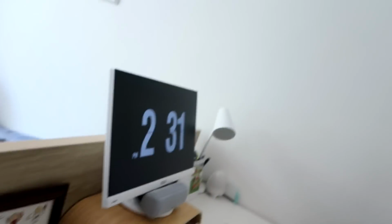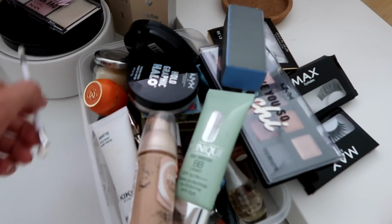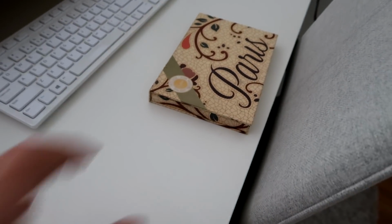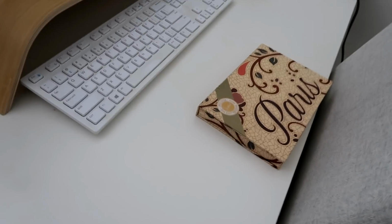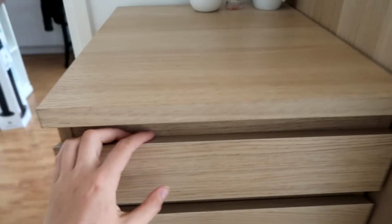Alright guys, it is done. This is everything I am getting rid of. It is quite a lot. It's quite a big tub here. I am really happy with this amount. Off of the maybe pile, only this is left because I really want to find a way to salvage this blush, and then I can get rid of the rest of the palette. So here is what we have,